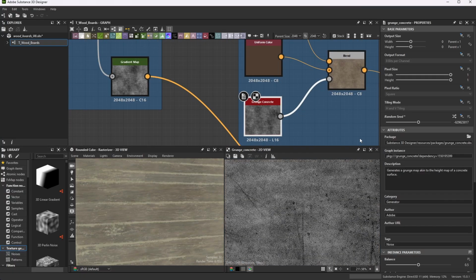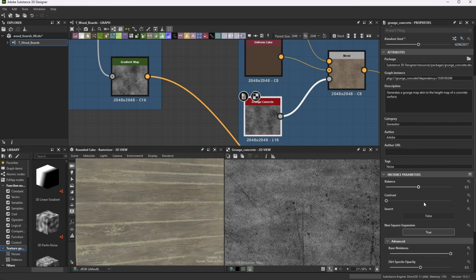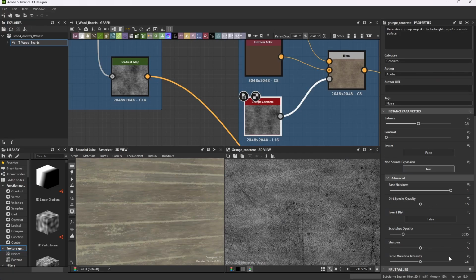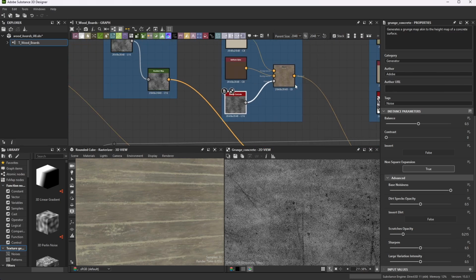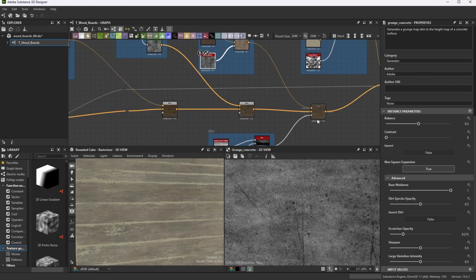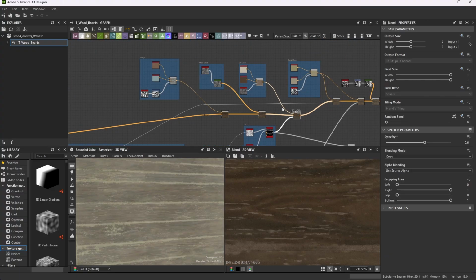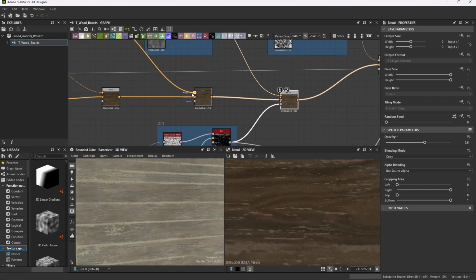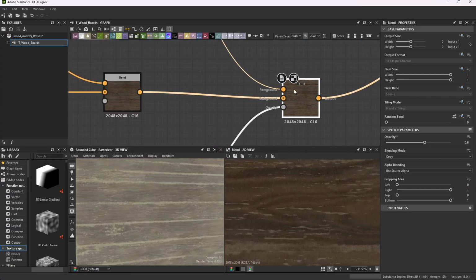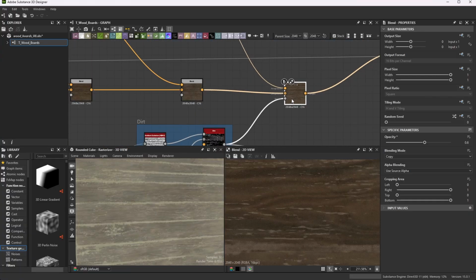Do a grunge concrete. This time I randomized it a little bit with the random seed, so it's not exactly the same. These are all the standard settings for that. So we'll take the results of this blend, run it back into this blend. This goes over the dirt color goes over the top of the one coming in,